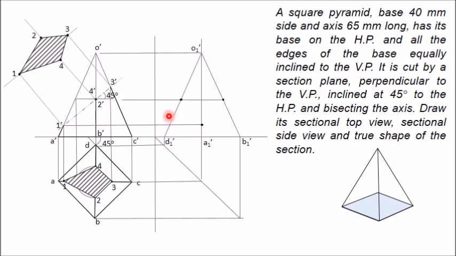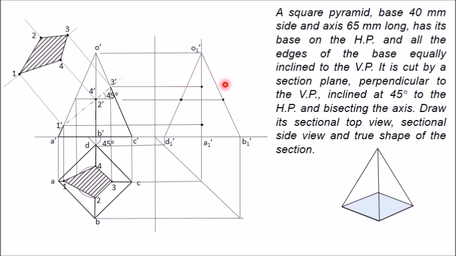Similarly, you can get points 2 and 4. So 2 dash is on O dash, B dash. So this is my O1 dash, B1 dash. So this point is my 2, and 4 dash is on O dash, D dash. So this is my O1 dash, D1 dash. So this point is my 4. Similarly, 3 dash you can also obtain. This point is on O dash, C dash. So similarly, this O dash, C dash is here behind O1 dash, A1 dash. So this point is your point 3.